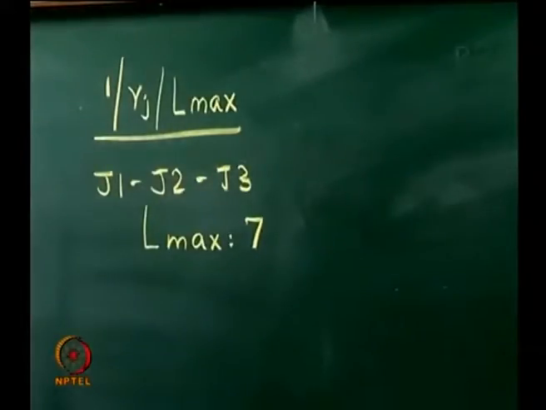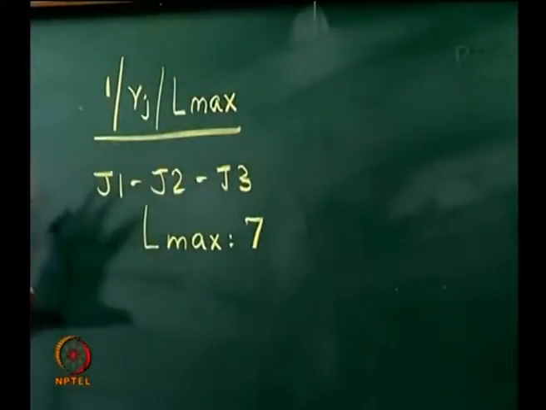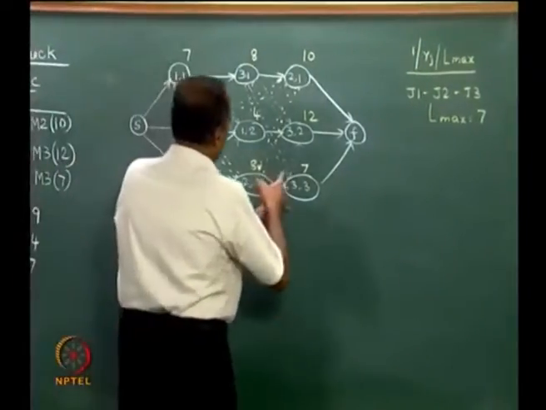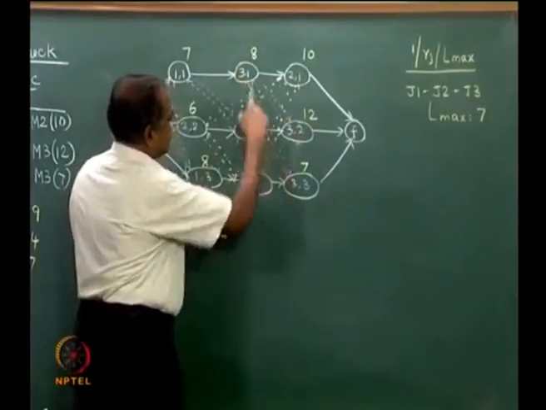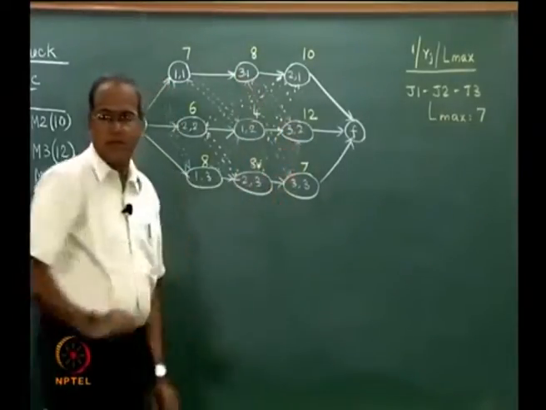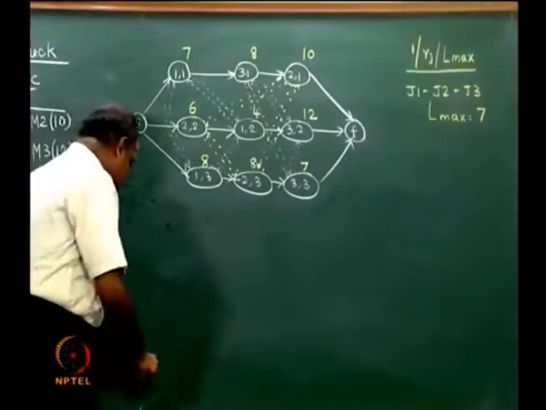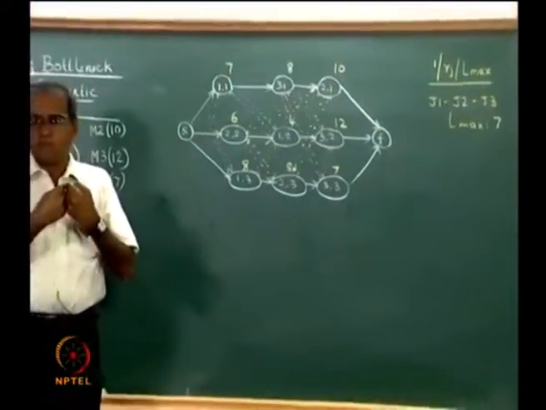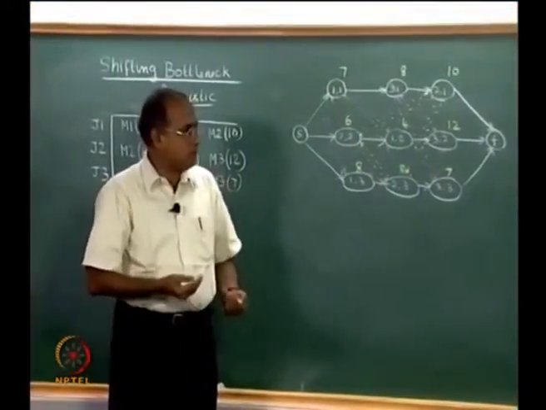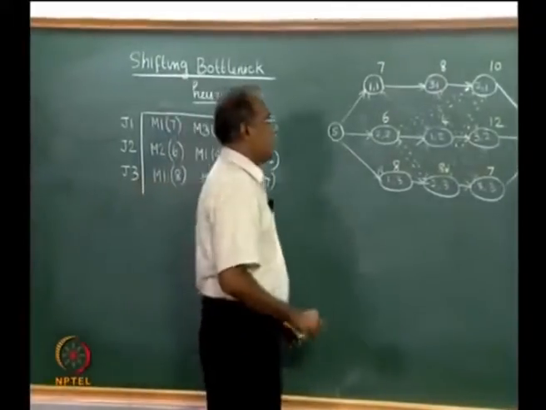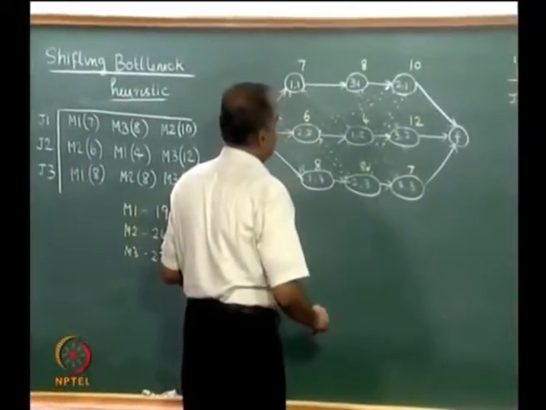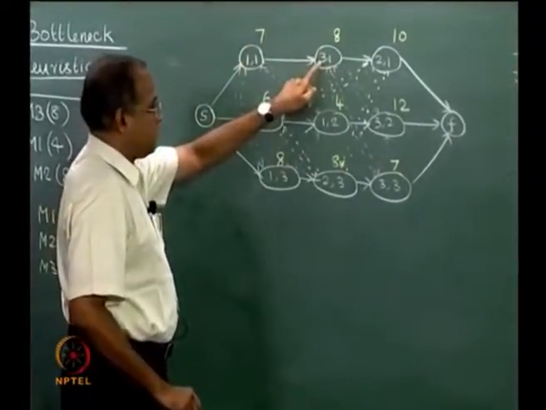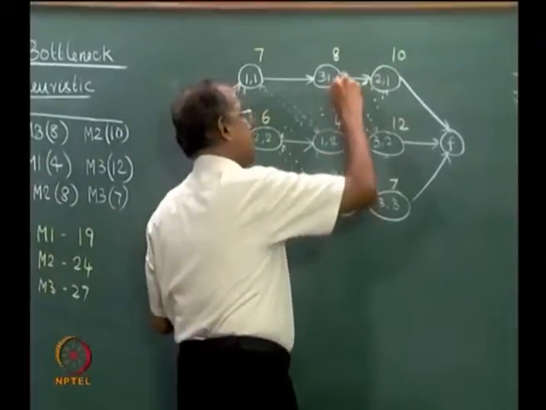Now, we have to put the solution, or superimpose the solution, on this network. So, we have solved for the third machine. We have solved for this set of 6 arcs, and then we have J1, J2, J3 coming in, which means on M3 we will first do J1, and then J2, and then J3. So, this is 3 1, which would mean job 1 on machine 3. First we do this, then we do from this.